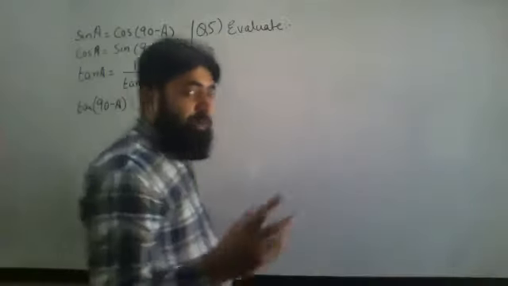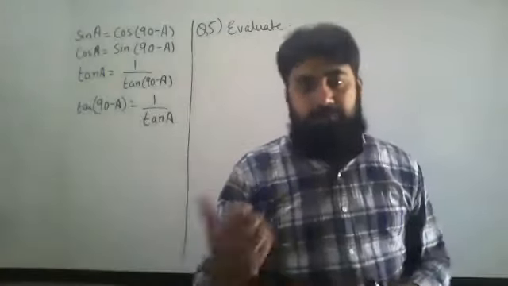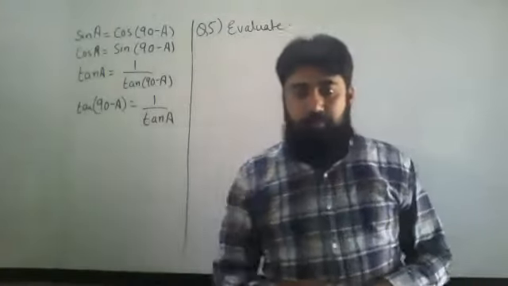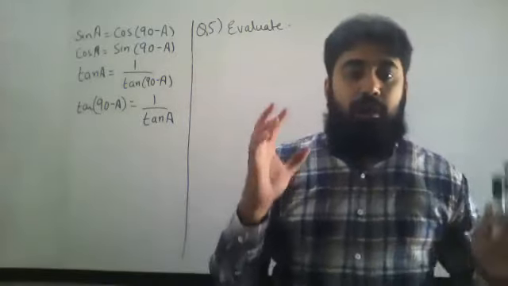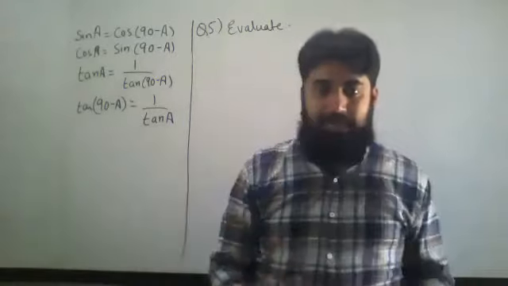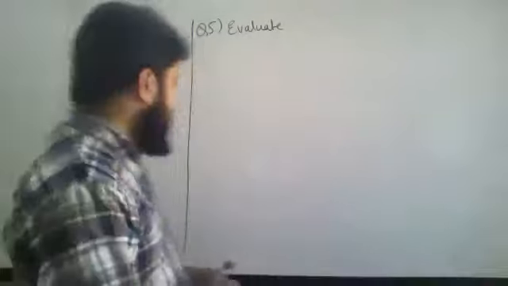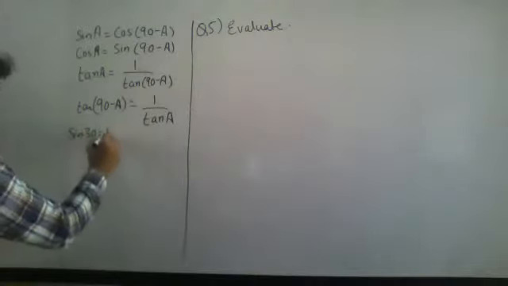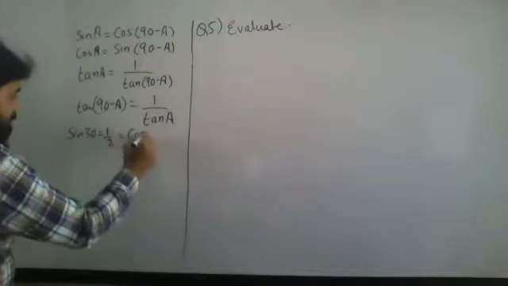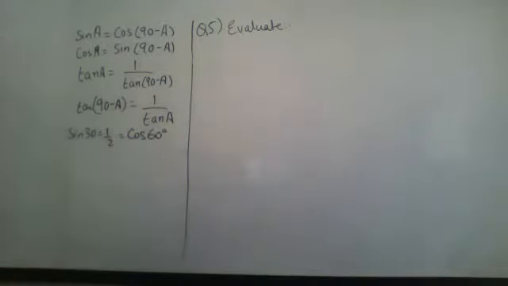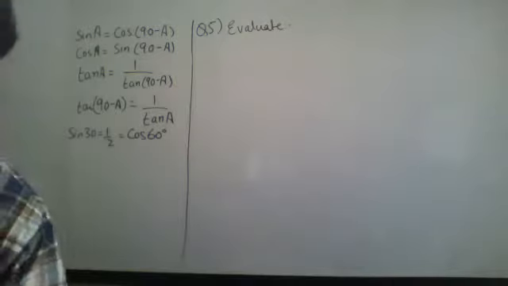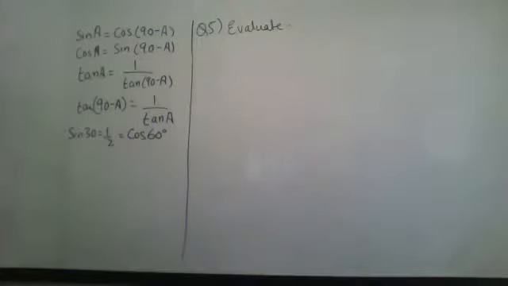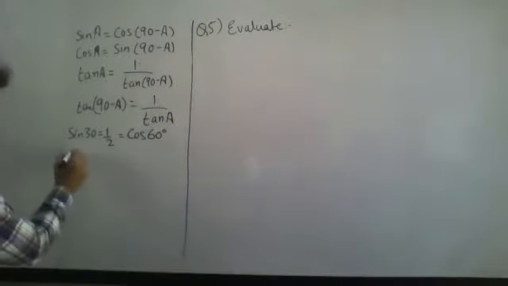And you don't have to remember those values. The table which we have done, in which we were putting values, you are not supposed to memorize those values, okay? Sine 30 equals 1 over 2 equals cos 60 degree. That will be given in your exam. Okay, these values will be given in your exam. So you don't have to worry, okay, do I have to memorize it? No, you don't have to memorize it.